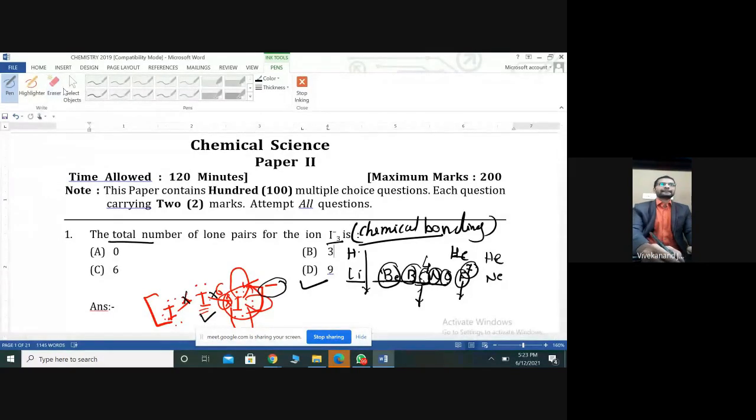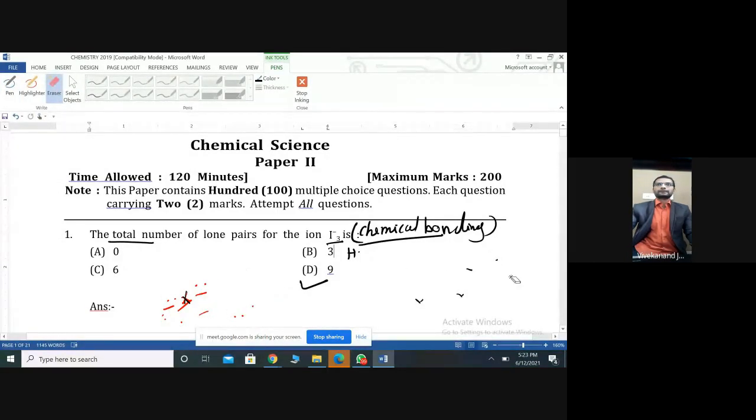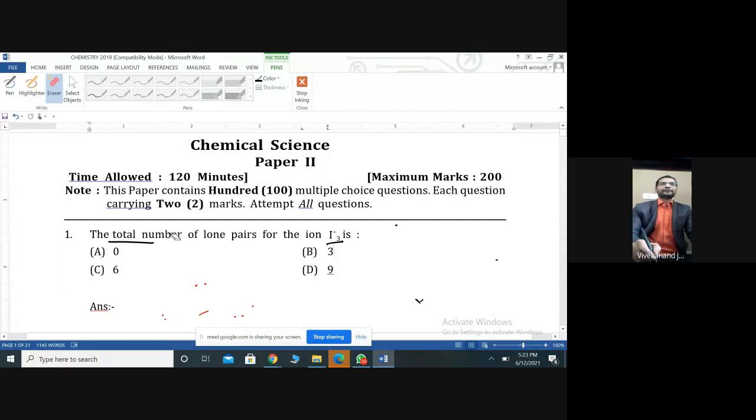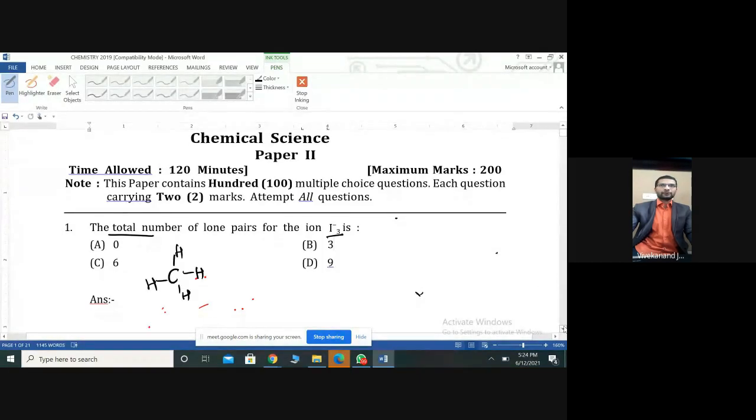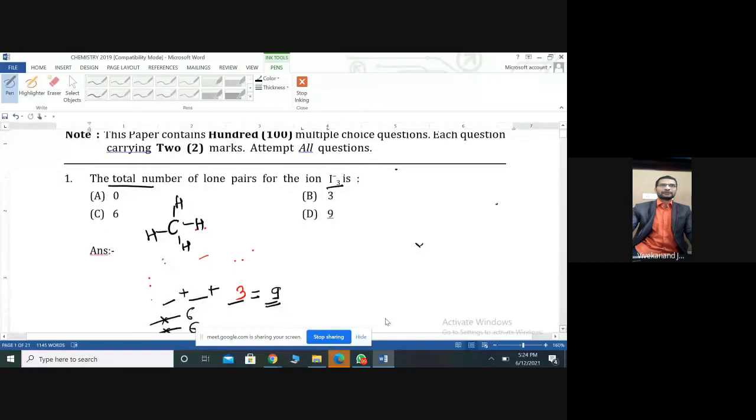We'll erase these things and solve some questions related to this. I'll give the idea and some advanced level questions too. Check this: I have a CH4 molecule. In that CH4 molecule, we have to find the hybridization of carbon. I'll give you a simple hint for how to solve these questions in the whole paper.